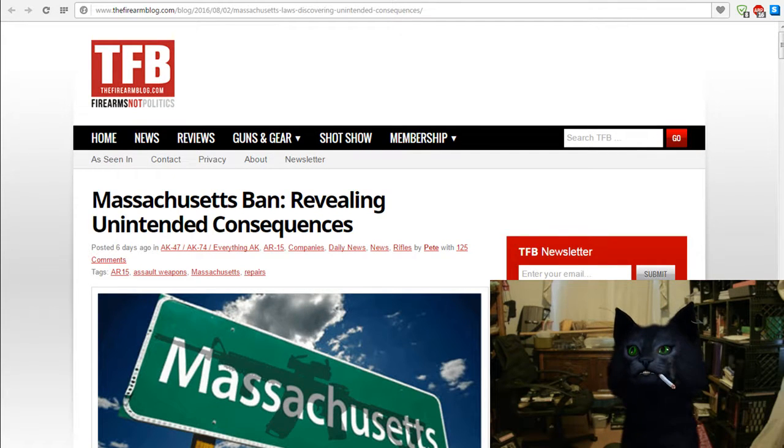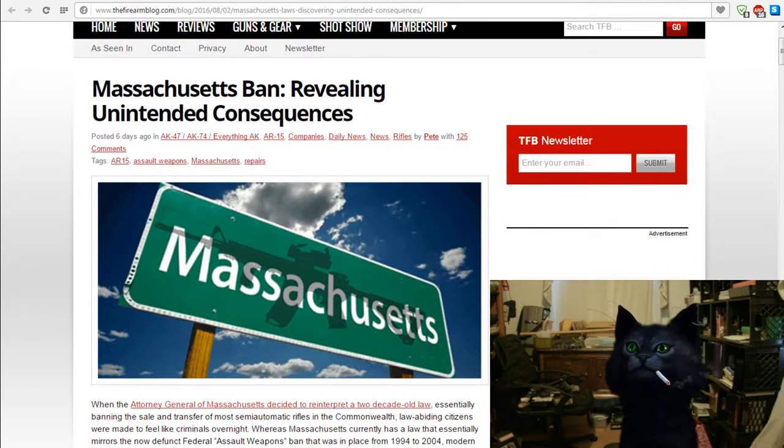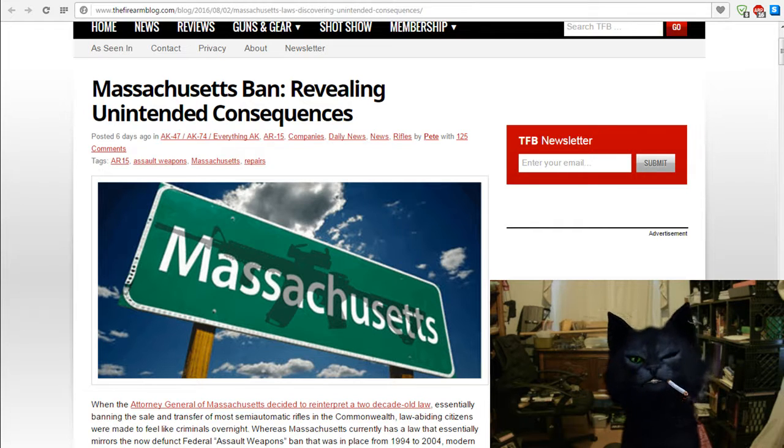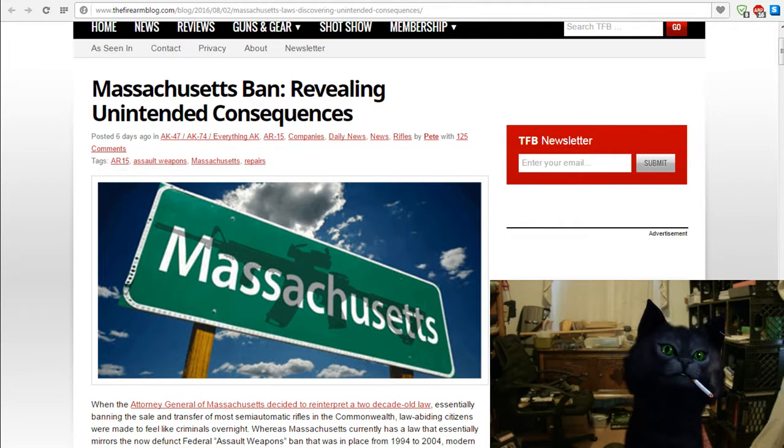So here recently in Massachusetts, there has been basically a reinstatement of something very akin to the 1994 assault weapons ban that went down nationwide. What happened, the Attorney General, well, the easiest way to put it is that she reinterpreted the laws to basically any AR, AK, any of that style of weapon, any of the modern sporting rifles, personal defense weapons, that kind of thing. They're basically all outlawed,